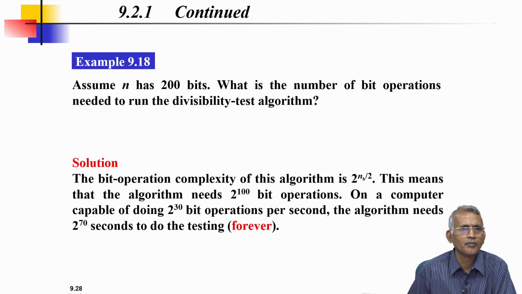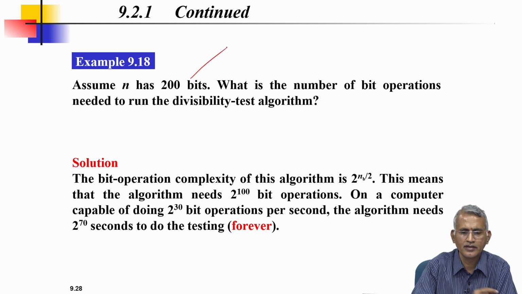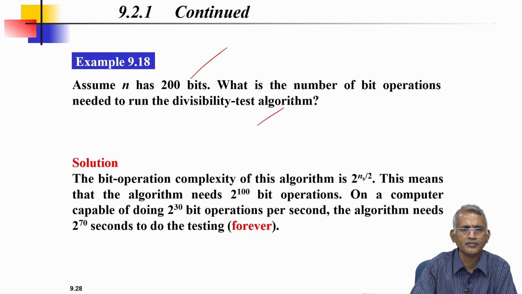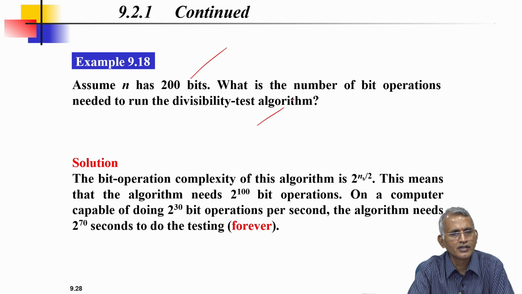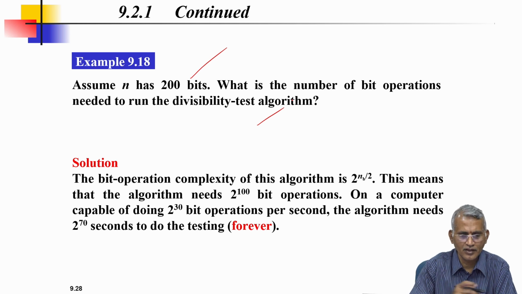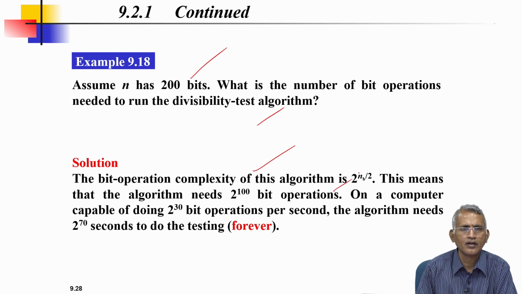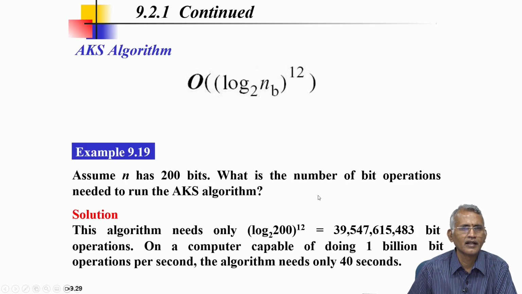Now, we have a problem. Assume n has 200 bits. What is the number of bit operations needed to run the divisibility test algorithm? The solution is that the bit operation complexity of this algorithm is 2 power nb by 2. This means that the algorithm needs 2 power 100 bit operations. On a computer capable of doing 2 power 30 bit operations per second, the algorithm needs 2 power 70 seconds to do the testing, which is forever. The AKS algorithm is of the order of